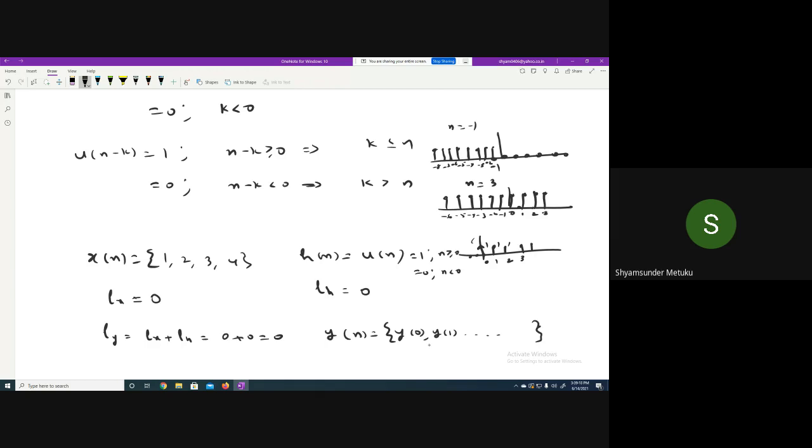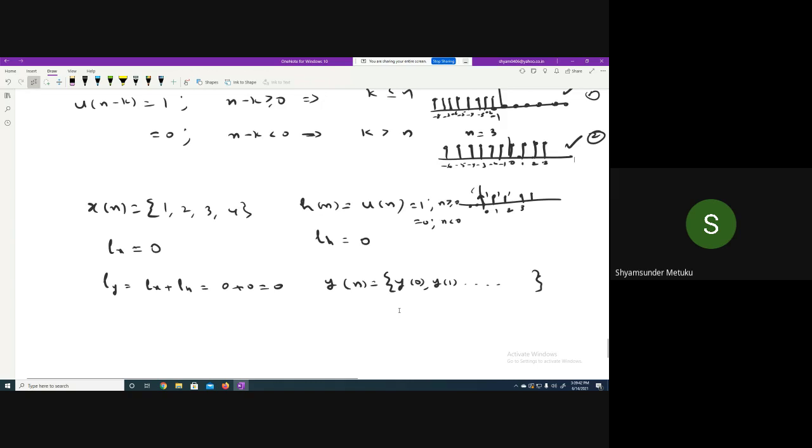So which one do you consider, the second case or this case? First one or second one? You tell me in your given example: I want n equal to positive or negative? N equal to positive only, no? Positive means it should start. If it is n equal to 0, it will be something like this. From 0 onwards, it will be like this. Yes or no?